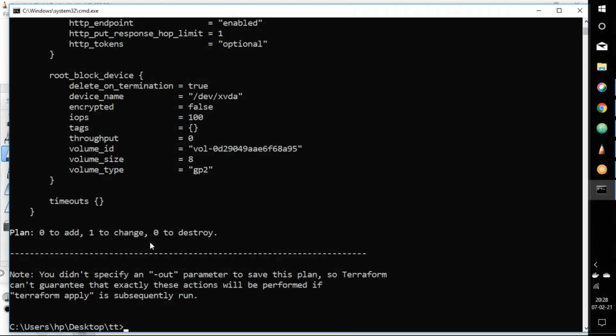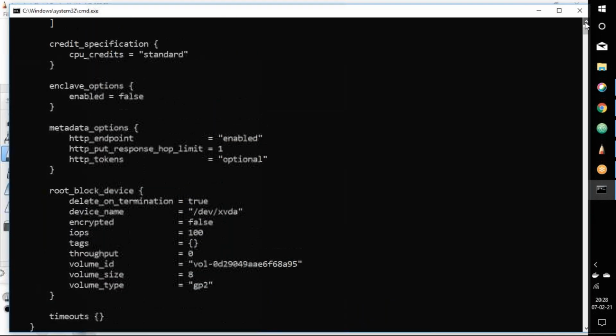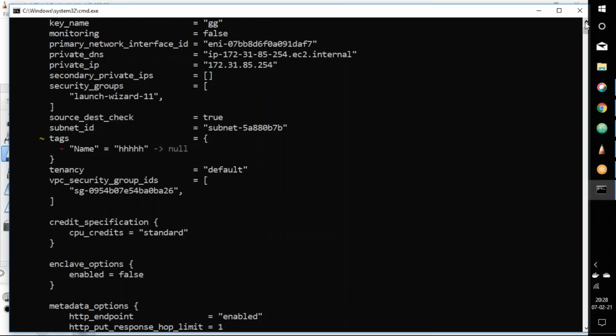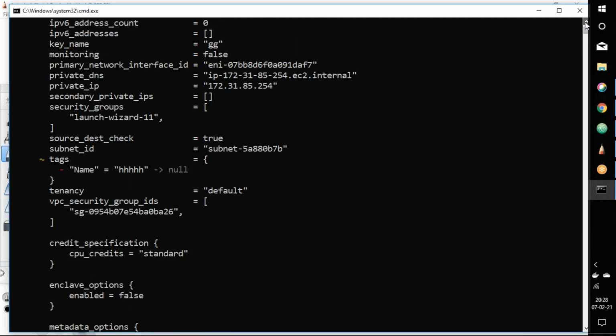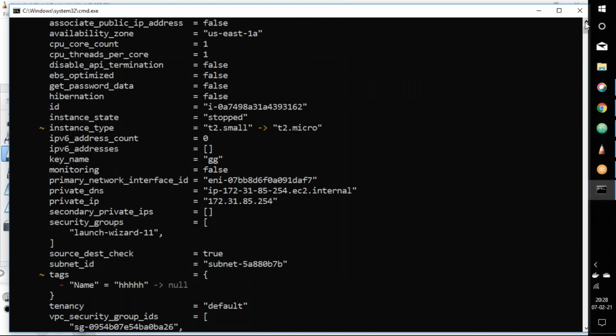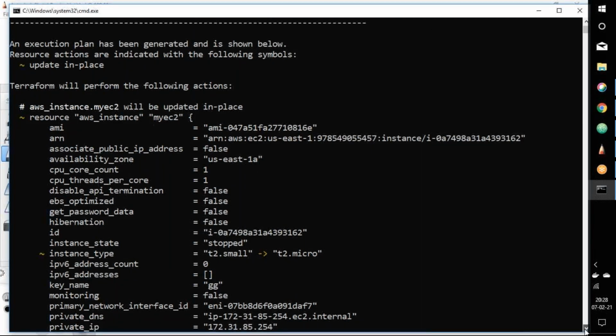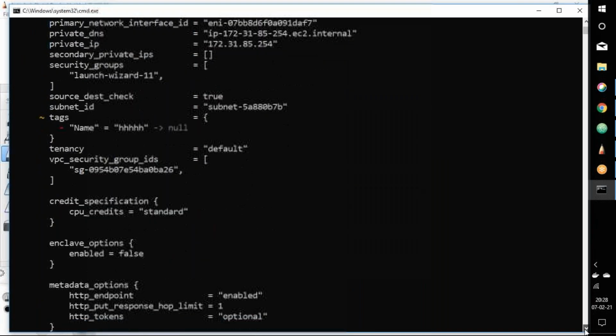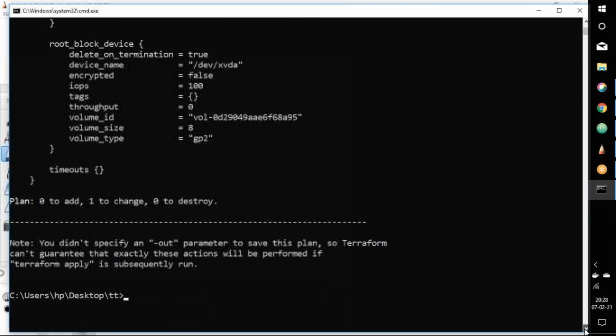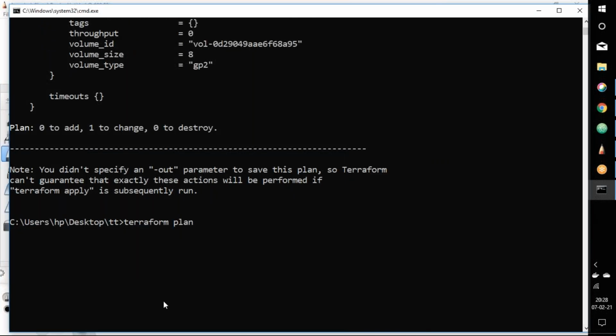What is to be changed there? Tags, we are adding the tags. Okay, tags name, that's the HH, and the instance type t2.small to t2.micro. So let's do apply and see whether the changes are going to be affected for this resource or not. We do Terraform apply.